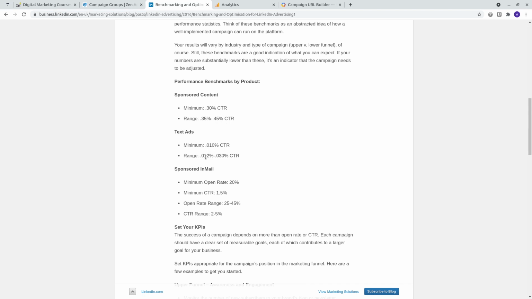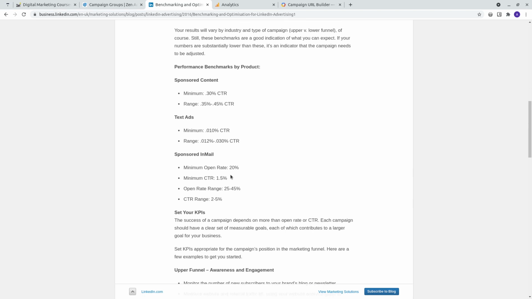So you can see that the text ads have a much lower CTR than the sponsored content. They'll have more clicks, but they'll probably end up being a lower quality of clicks, and that's why they're going to be cheaper as well to run. And then you have your sponsored emails, which go into your inbox, with a minimum